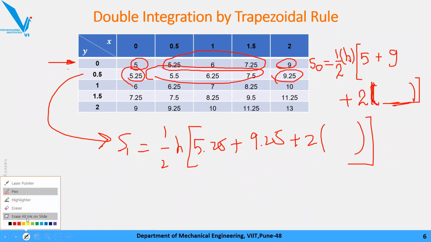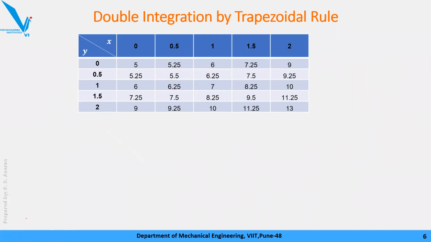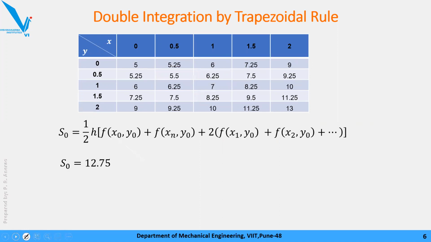Now when you have to solve this in an exam or notebook, you just show the calculation for S0. Then write similarly and directly put the values of S1, S2, S3 and S4. Don't elaborate on the calculation of the remaining S values.